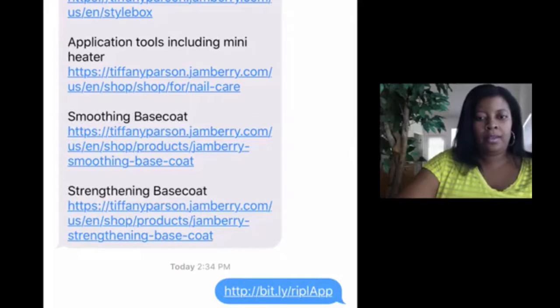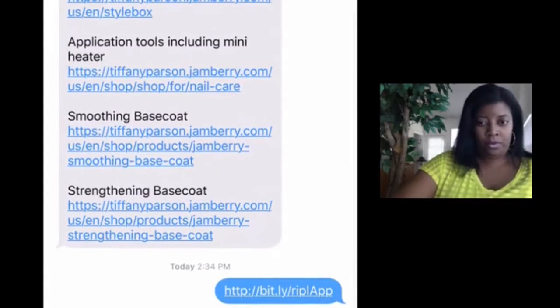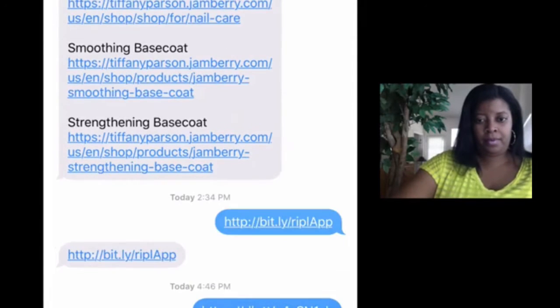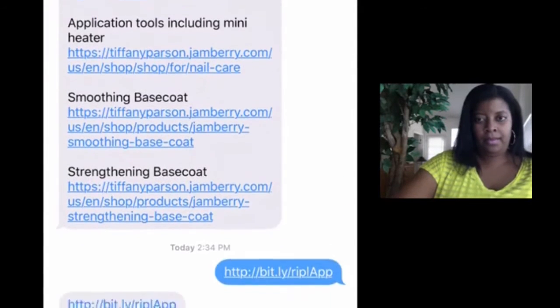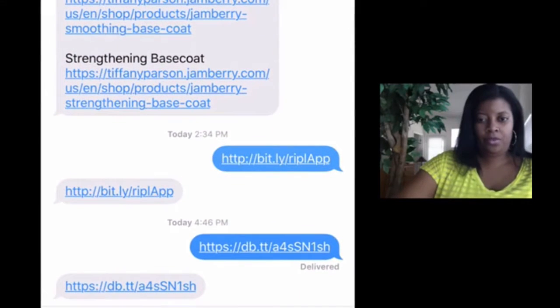And I'm going to head on back so you can see my phone. All right. Let me scroll up. Can you see? There it is. No. Let me bring this up so you can see it. There we are. 446. Okay, so I'm going to copy that